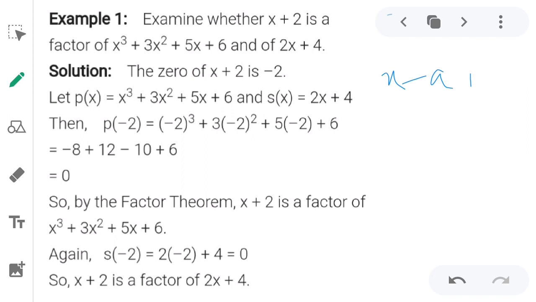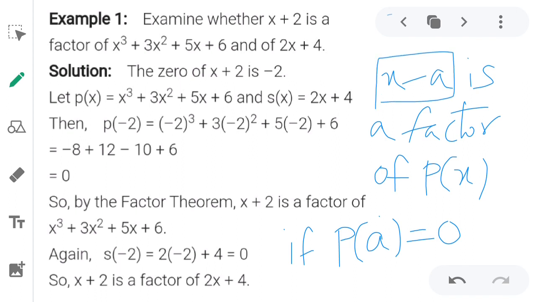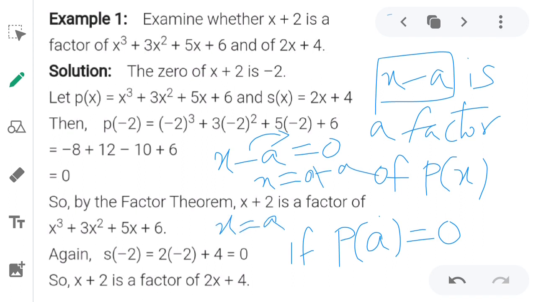Now if you observe here, the factor is x minus a, and the number we have taken here is plus a. That means x minus a should be equated to 0. Then we'll get x minus a equal to 0. Taking this minus a to the other side, we'll get x equal to 0 plus a, which gives x equal to a. This is how we got this a here.